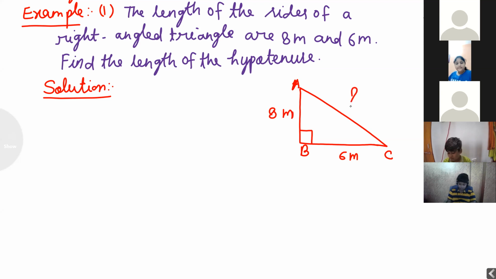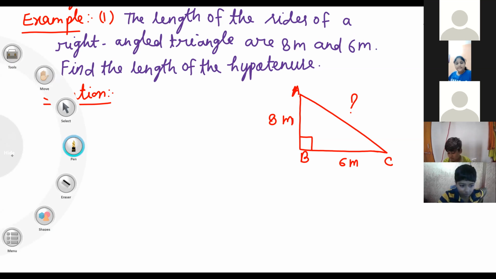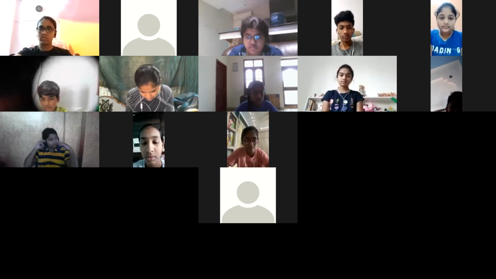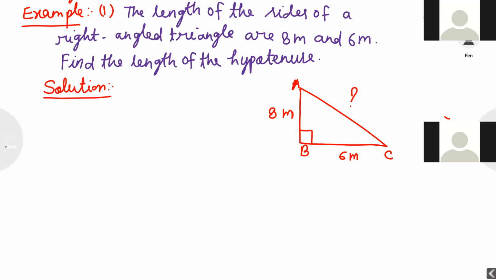How to find AC? With the help of Pythagoras theorem. If we know two sides, the third side I want to find out. If the triangle is a right angle triangle, we can apply Pythagoras theorem. I want to find out the hypotenuse and the triangle is a right angle triangle, so we can apply Pythagoras theorem. Note down. By Pythagoras theorem,